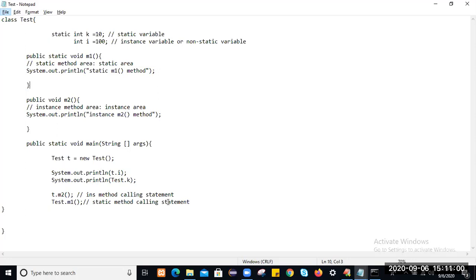In the above example, small t is a reference variable which holds the memory address of an object and has the class name as its data type.